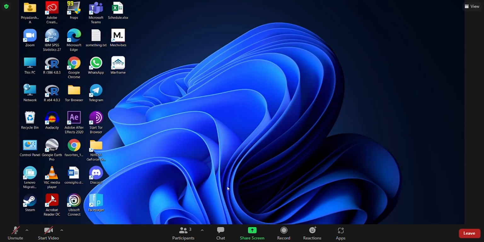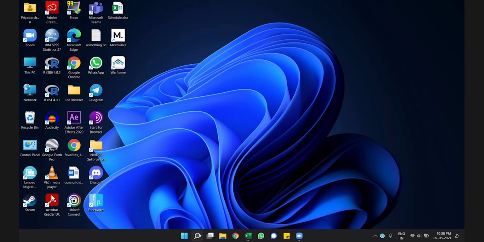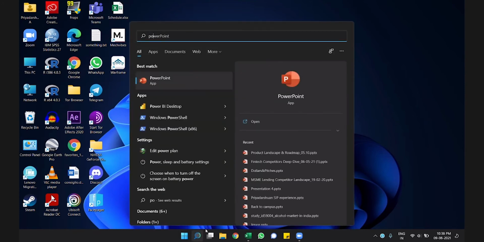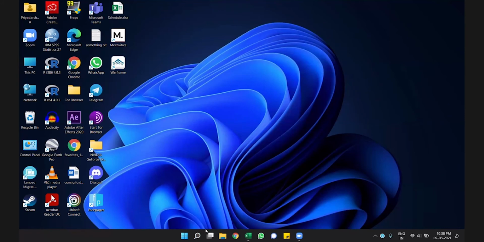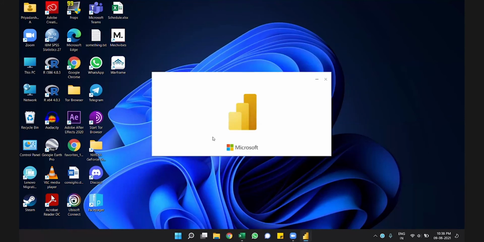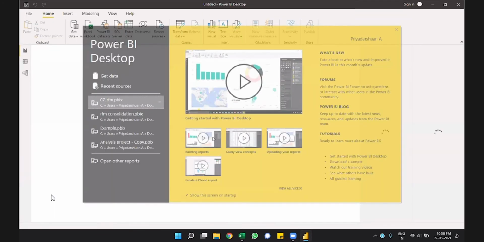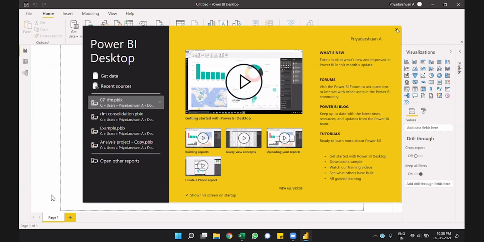Once you have finished downloading Power BI, you can open it by searching for Power BI Desktop. Once it is open, just close this help bar.